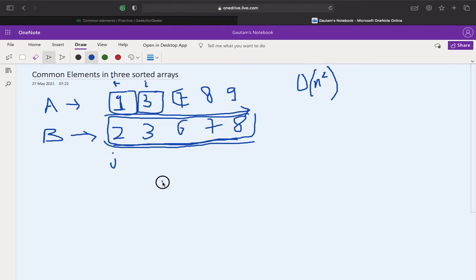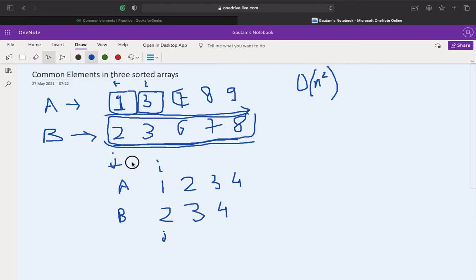For example, let's suppose there is 1, 2, 3, 4. This is one array, and there is another array called 2, 3, 4. We maintain two pointers i and j. i and j are not equal.